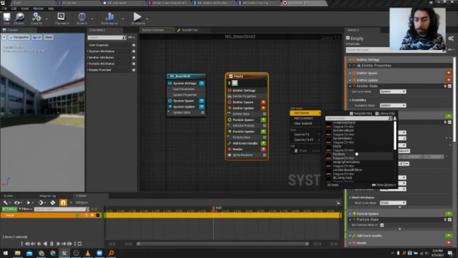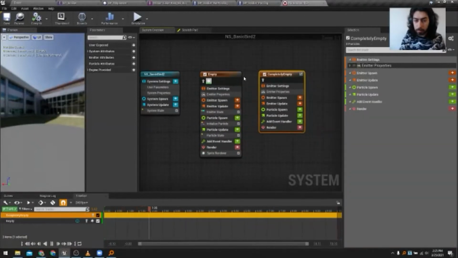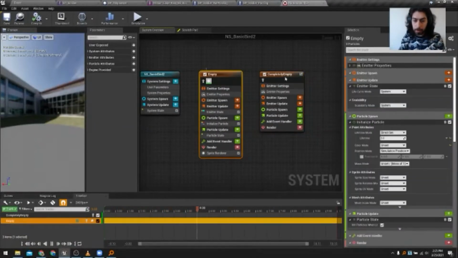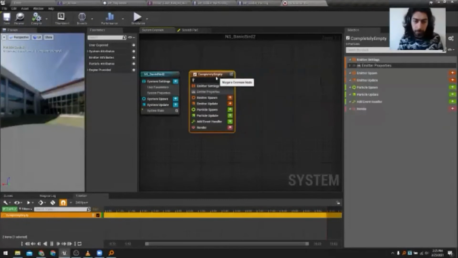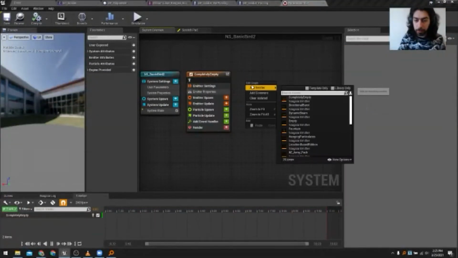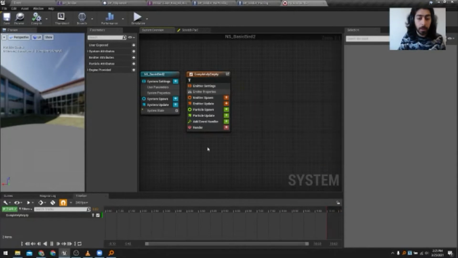Yeah, we're going to take a completely empty emitter. That way it's completely from scratch. And I would like to disable those folders again once I'm done.